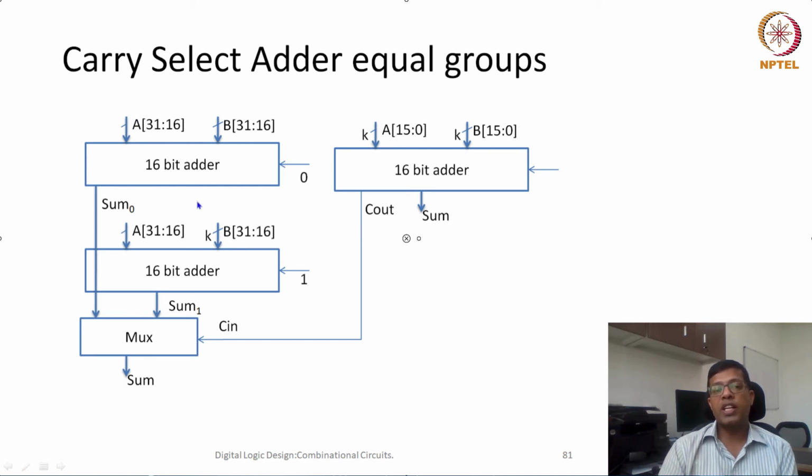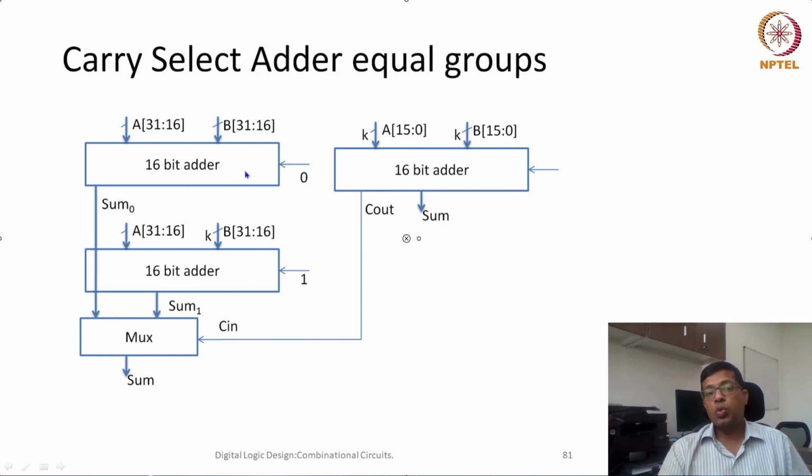Let's say we are designing a 32-bit adder. We divide it into two parts, a 16-bit adder and a 16-bit adder. The first 16-bit adder is a standard one, and we don't know how it is implemented inside. Whether it is CLA, carry select adder, carry skip adder or parallel prefix adder, we don't know. But let's assume that it is a 16-bit adder. The other one we are designing and implementing using carry select adder.